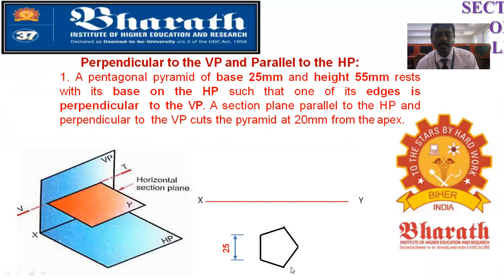72 degree, 72 degree. For 25 mm you are cutting an arc, 25 mm you are cutting an arc here. Then from here again a 25 mm arc, from here a 25 mm arc, so that you will be completing a pentagon. So it's a pentagonal pyramid. So bottom will be having 5 points, top will be having 1 point. So bottom you can make A, B, C, D, E, and top you can make apex as O.